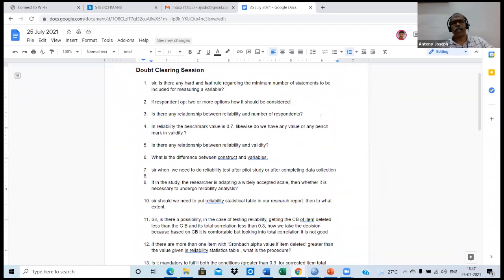A construct represents a bunch of scales used for the measurement of a particular thing. And a variable is only one aspect that is almost equivalent to a scale. A scale is constructed with the help of several variables, and when all these variables are combined together, it becomes a scale, and that scale can be considered as a variable.